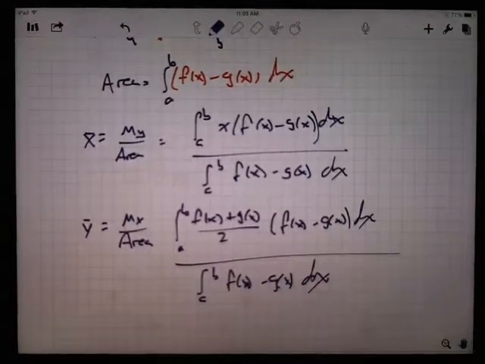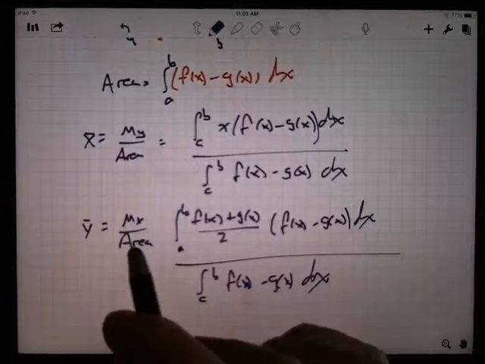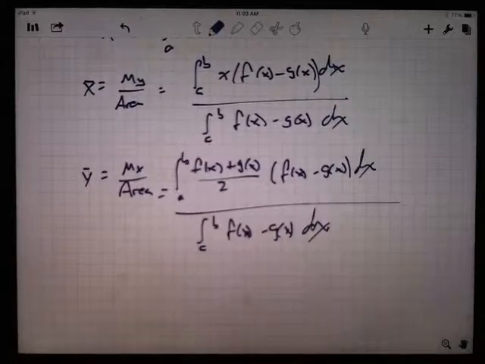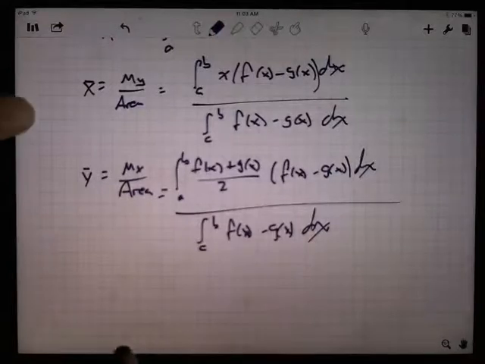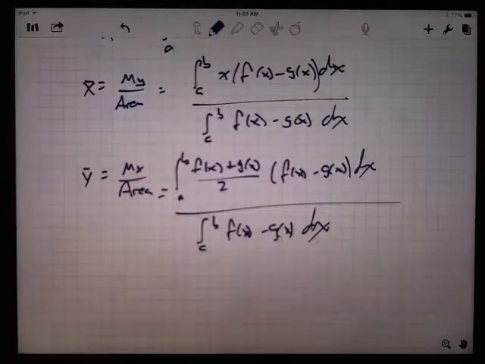So this always disturbed me. I could get this, and then you multiply this out, and the half comes out in front, and it looks like f squared minus g squared, and it just didn't feel right to me. I mean, we're calculating the same thing, x bar or y bar. Why is the formula so different looking? Well, now